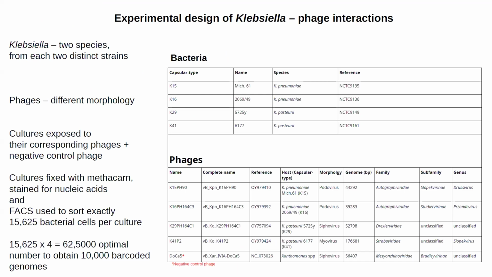And maybe the reagents that we use for fixation can also interact and create some fake interactions that are not real. So we wanted to make sure that our workflow is correct. And we used FACS to count exactly 15,625 cells, which multiplied by 4 is equivalent to 62,500. And this is, as the protocol says, the amount of cells you need to end up with 10,000 barcoded